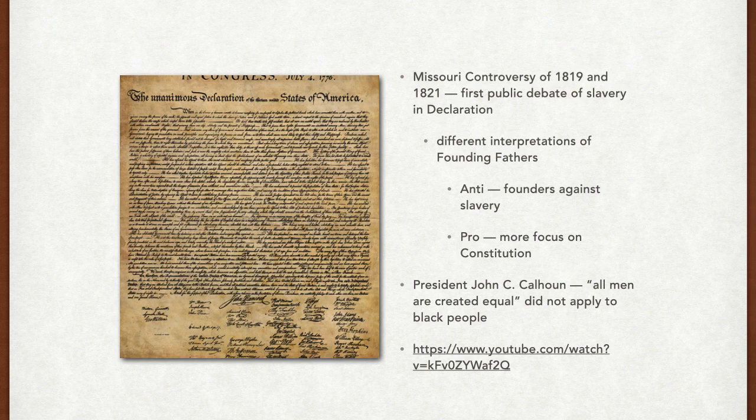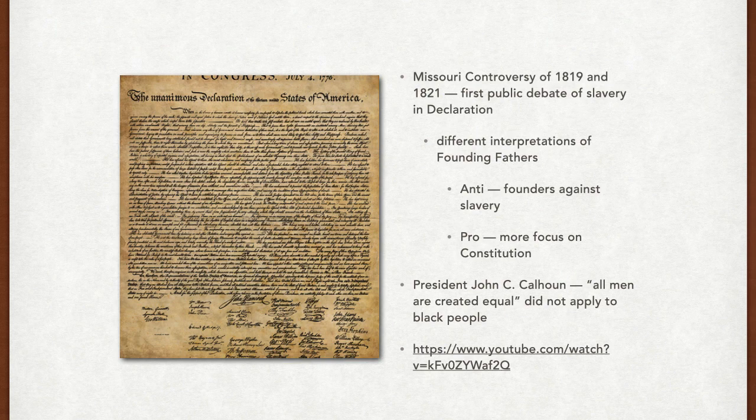So the Declaration was our statement of intent. It's not a law at all. The Constitution is. And we'll talk about how slavery was written specifically in this Constitution. So the pro-slavery side has a valid argument, right? Legally, slavery was in the Constitution, but the Declaration was not a legal document. It's not our law, basically. It's just a statement.